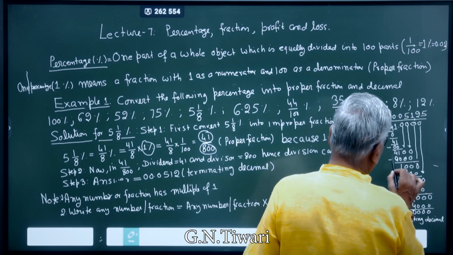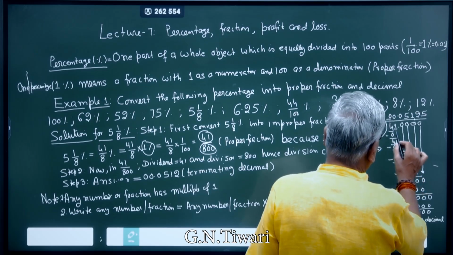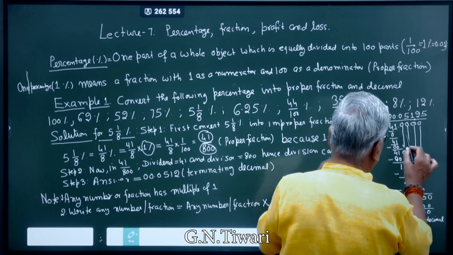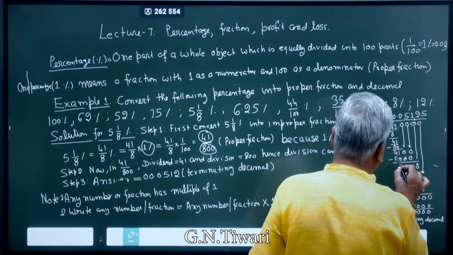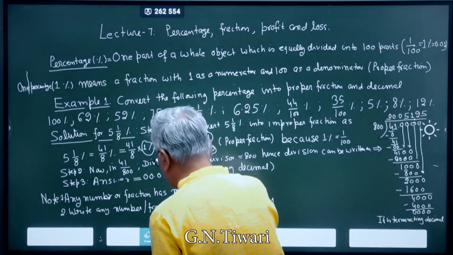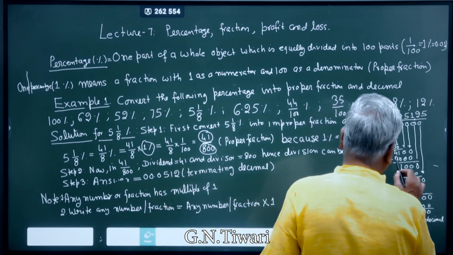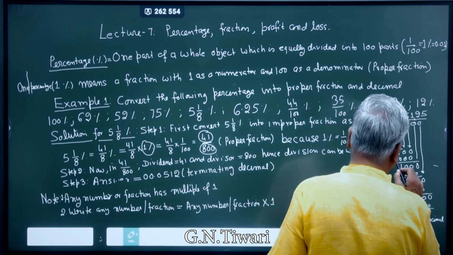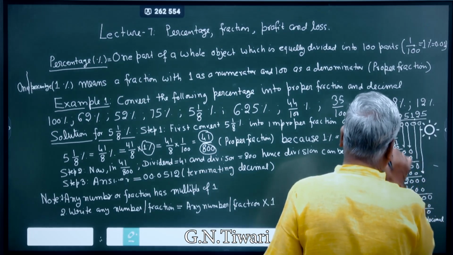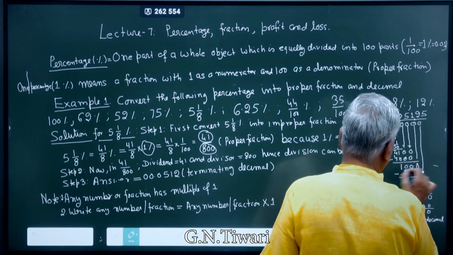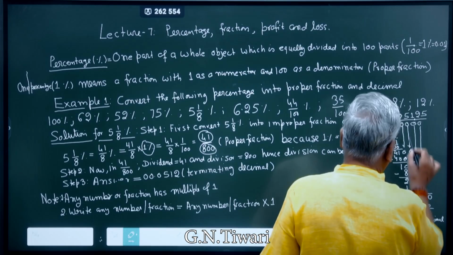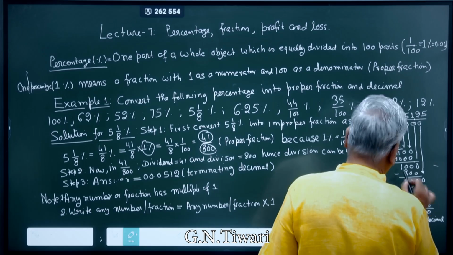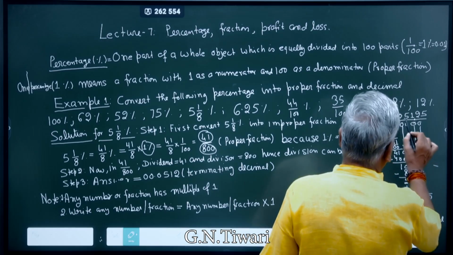Now see here, a 0 has come here, and here it will stay 4. By mistake I did this one. Just see, here it will be 4. Why 4? 5 eights are 40. So it is going to be 100, then again 0, then 1000, then 200, bring down 8, 2 sixes are 16.